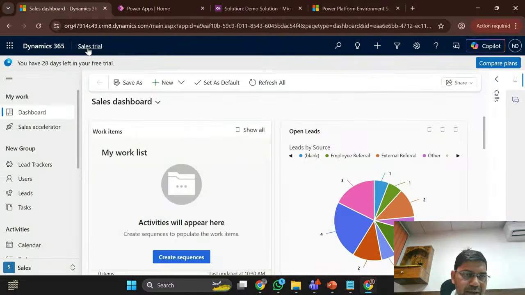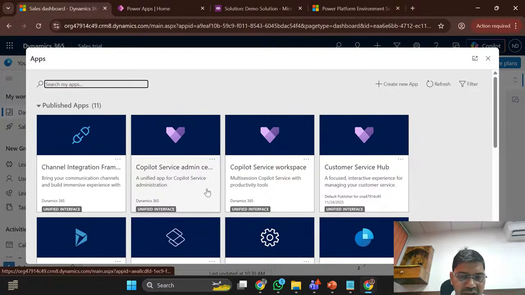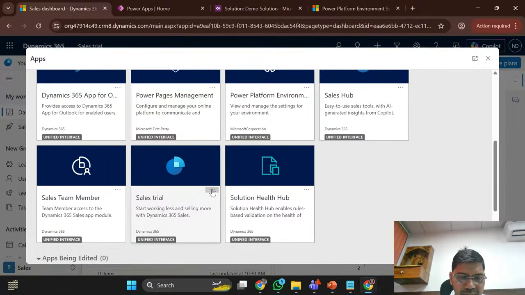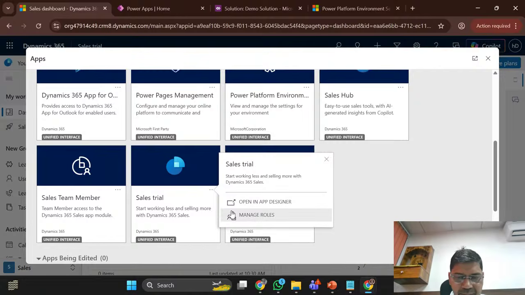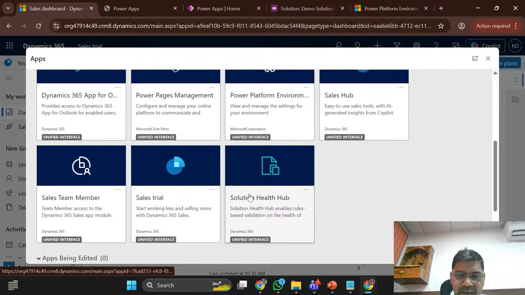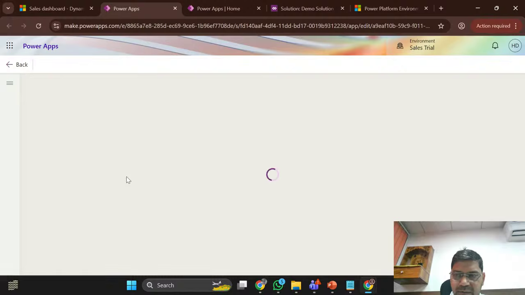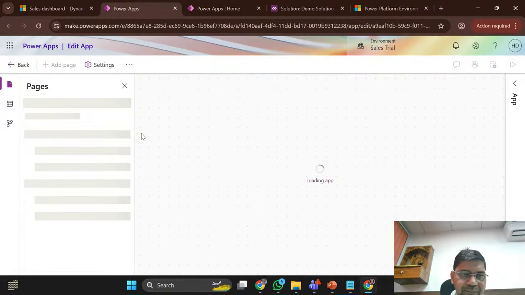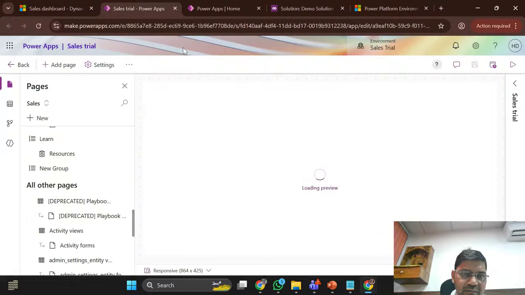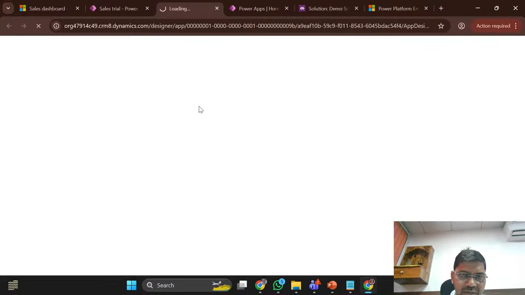Let's do one more thing quickly. Let's add this new employee master into the left navigation bar, into the sales tab. Hope you are all aware how to add. I can open that app from app designer, and I can add. Let me showcase one more time. I'm more comfortable in the classic models here, so let me switch to classic, continue to classic,